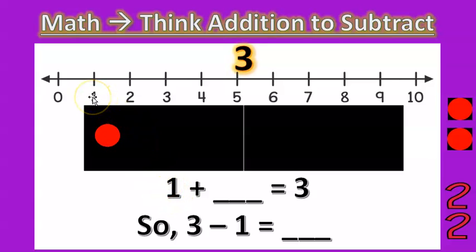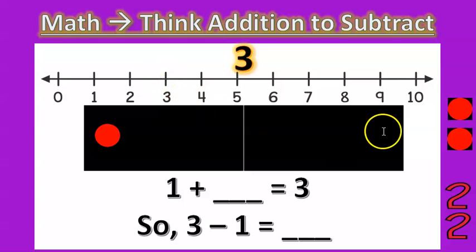We found 1. We know we have to get to 3 because 3 is right here, okay? Now we're going to count by ones. Count with me. 1, 2. Let's count again. You're going to find 1, and we're going to get to 3. Let's count by ones. 1,